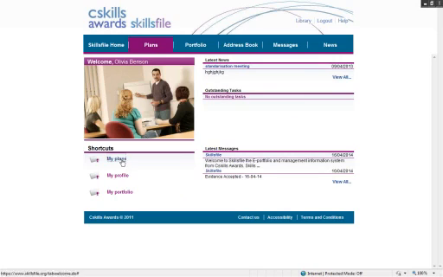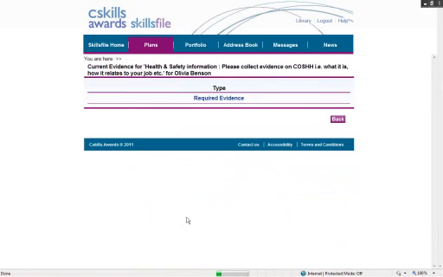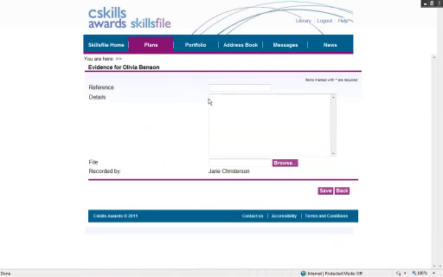Now they had another task in there as well. This one here. When we went and created the task, there was the option of learning outcome or required evidence. So for this one, it was a required evidence, one that had been created earlier. As you'll see, it's slightly different. So they can click required evidence, and here they can put in their evidence details. So they might decide to call it COSH